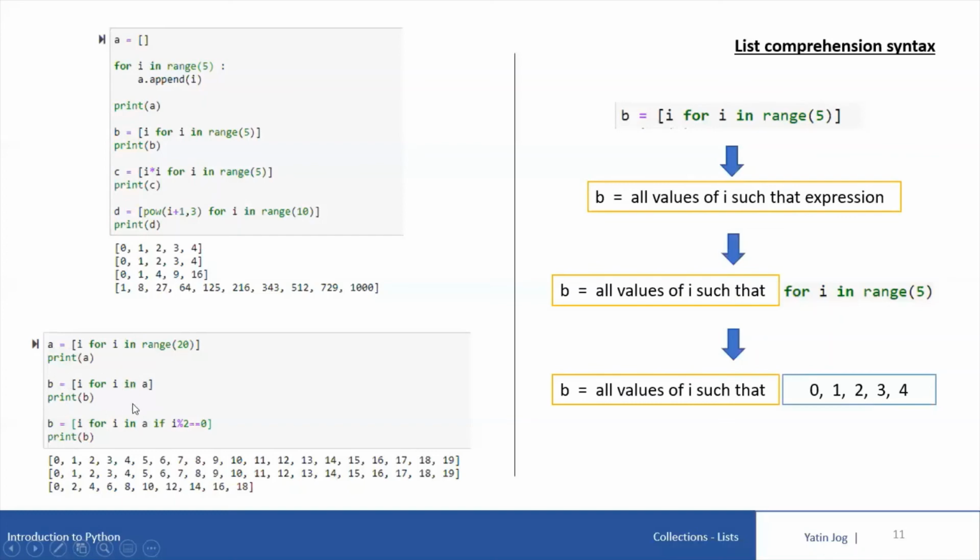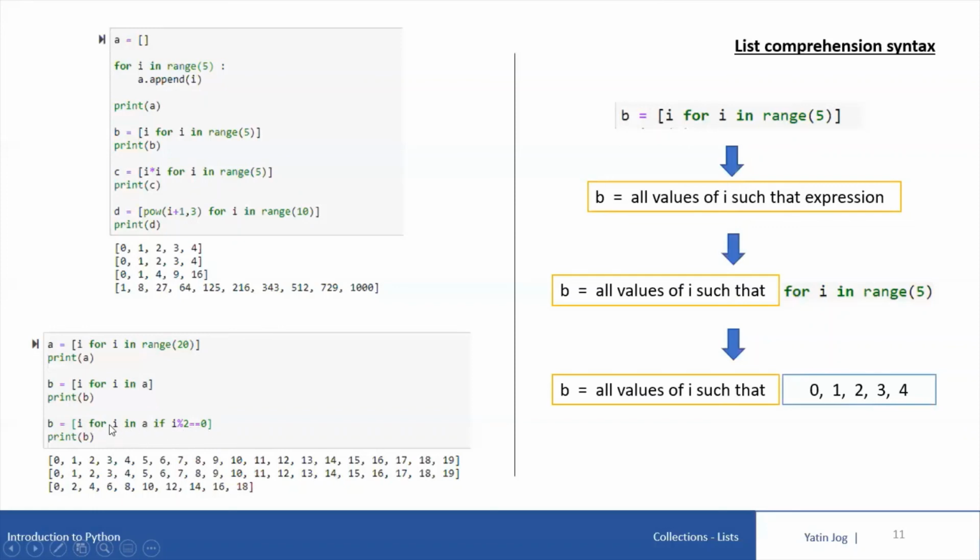Now instead of this, what if I have to copy all the even numbers from A into B? I just want to copy all the even values from A into B. So I'll write B equal to I for I in A, so code is same till here. We are going to traverse through all the values of list variable A one by one, but I don't want to copy all the values of I. So I have to put one if condition. I'll say if I%2 equals 0.